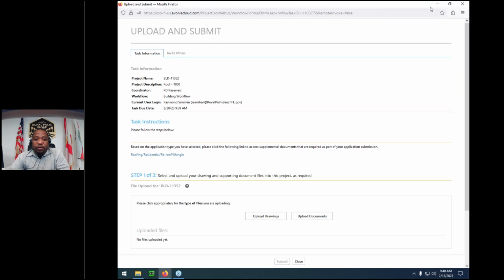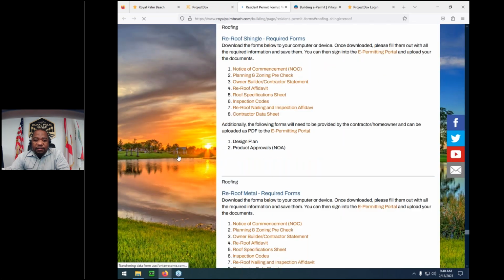What that does is it opens up an e-form. Basically, I have work to do. According to this, hey, Mr. Raymond, based on your application type, you need to submit these supplemental documents. Right here, there's a little link called roofing residential shingle. If I click on this link, it opens up a separate URL